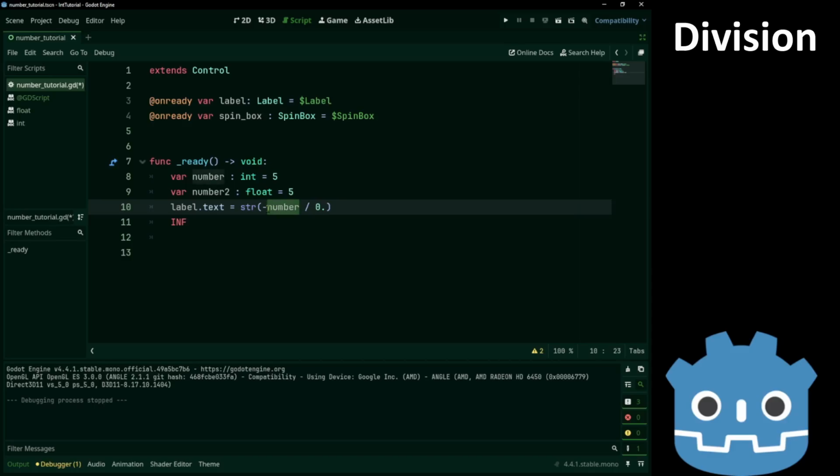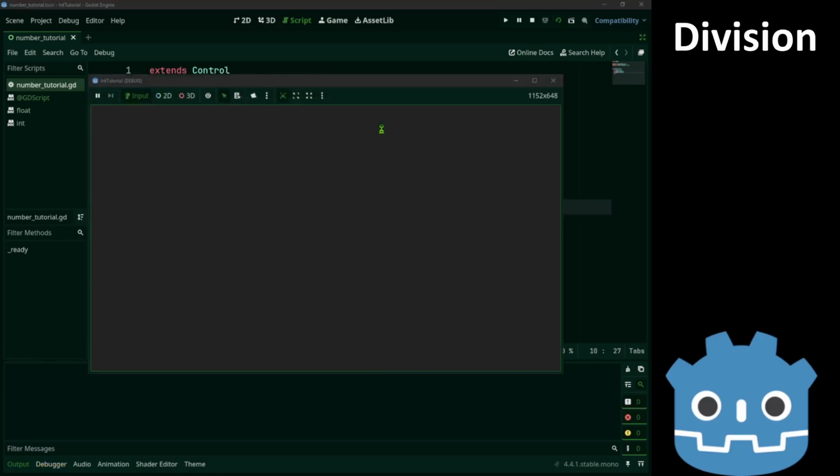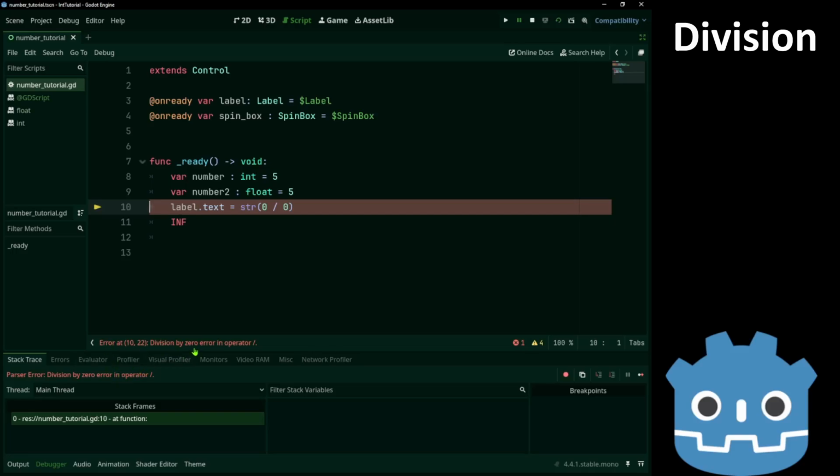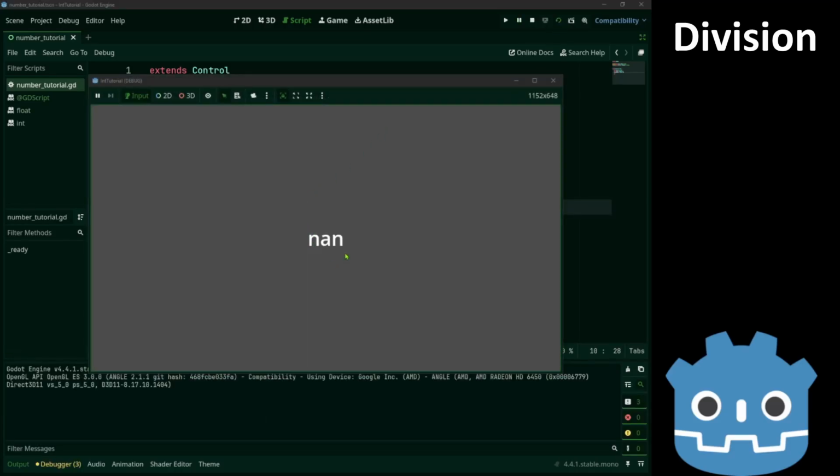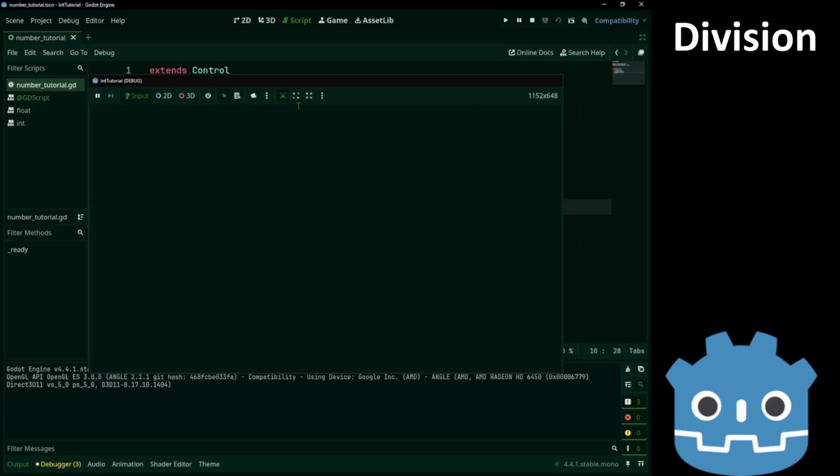So, what about 0 divided by 0? First of all, integer division. Error, same as before. Let's turn one of them into float. And we get nan. It means not a number.